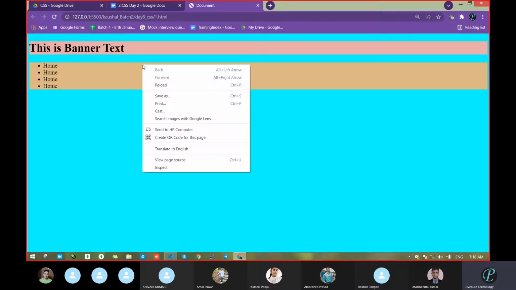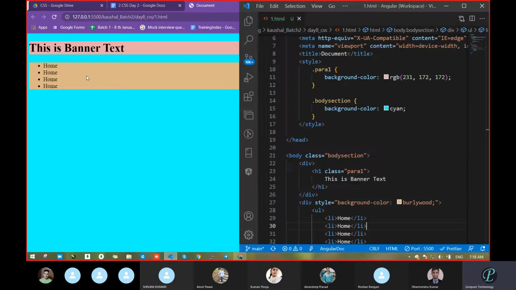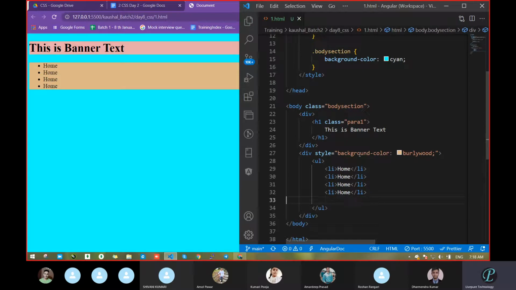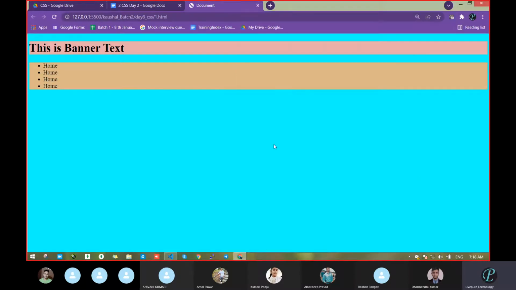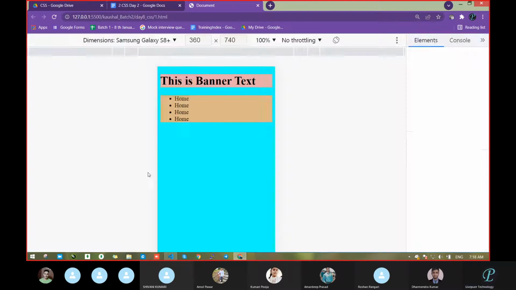Whatever design or whatever text you are getting on the UI is coming from where? Coming from our source code. Okay. But I do not want to make color changes or all these things here directly. We have one more option. What is that? That is DOM. Right click and inspect. Okay.